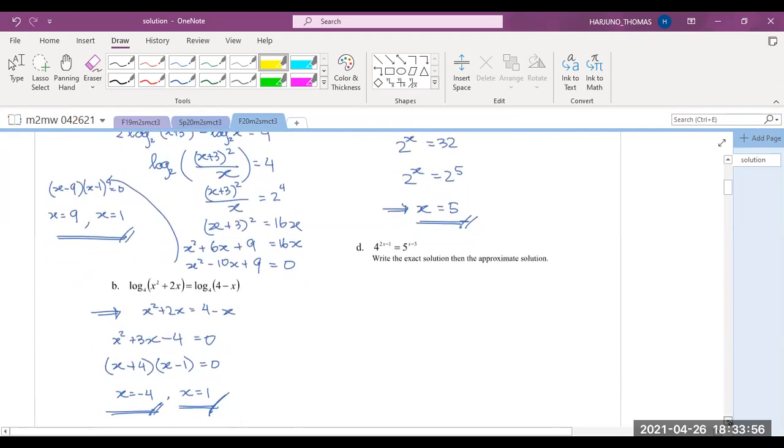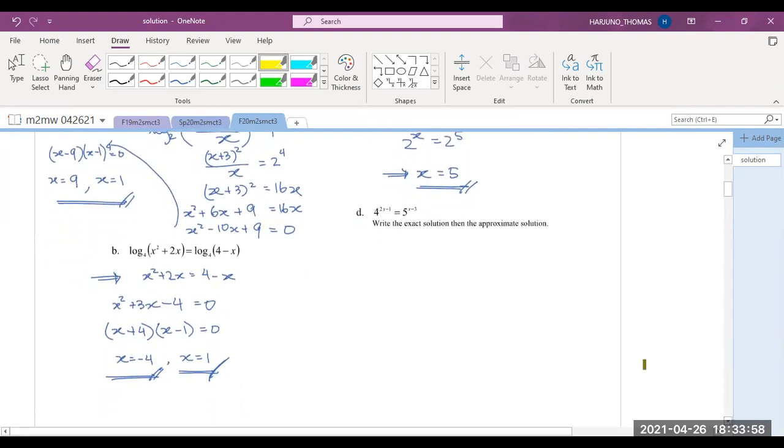Let's see 1D. We have done this type of question a lot. And again, this type of question, part D, is always in your tests. So get ready, get used to it. Okay, in the past we used log base 10. Let's use another log this time. Let's use log base 4. So this is log base 4 of 4 to the 2x minus 1